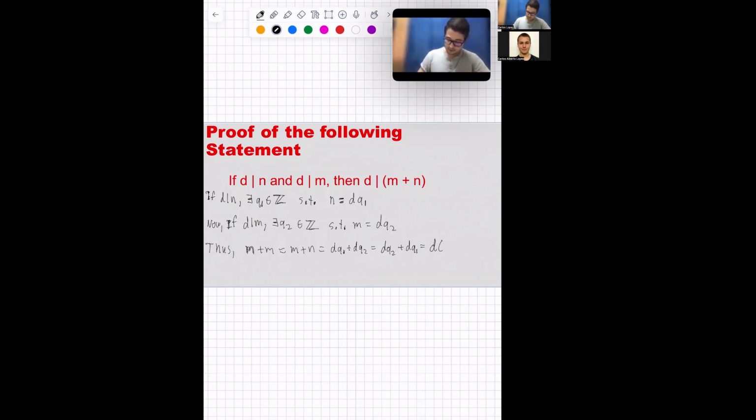So you have here d times q1 plus d times q2, all within a parenthesis. And by commutativity, it's going to be d times q2 plus q1, right? And we can add, meaning